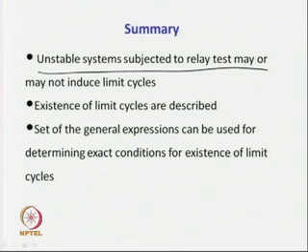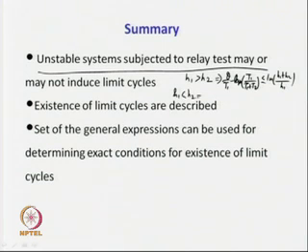The condition for H1 greater than H2 is obtained as theta upon T1 minus ln of T1 upon T1 plus T2 should be less than or equal to ln of (H1 plus H2) by H1. When H1 is less than H2, the condition is theta upon T1 minus ln of T1 upon T1 plus T2 should be less than or equal to ln of (H1 plus H2) by H2. And for first order plus dead time systems, the condition is theta upon T1 is less than or equal to